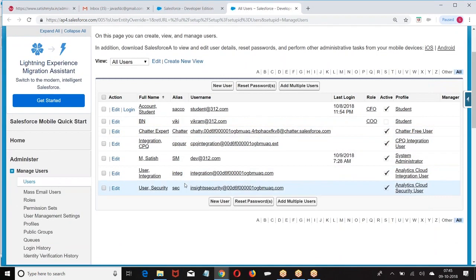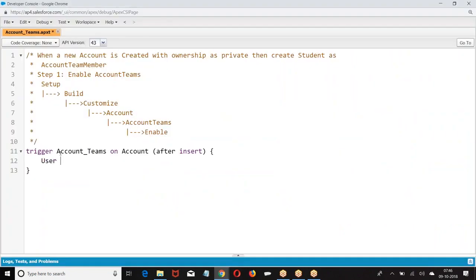So first, write a query: User u equal to the student user. Then take one by one account and create an account team member.